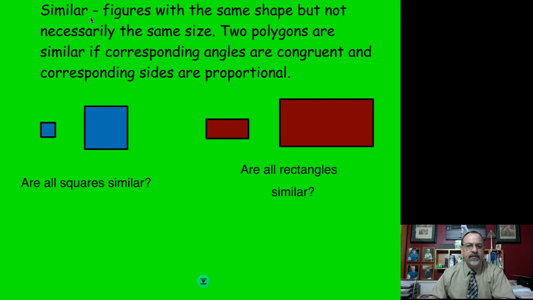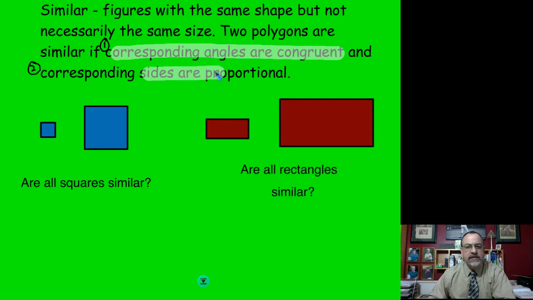Now, the definition of similar polygons or similar figures are figures with the same shape but not necessarily the same size. And then it gives two characteristics that similar polygons must have. Two polygons are similar if, number one, the corresponding angles are congruent. So number one, we have to know that the corresponding angles are congruent in order for these to be similar. But then it goes on and says, and this also has to be true, that the corresponding sides are